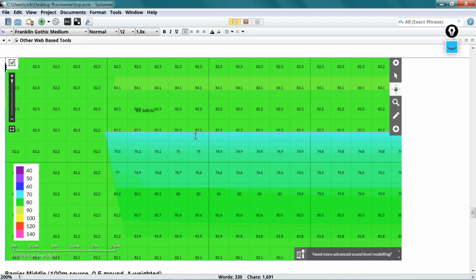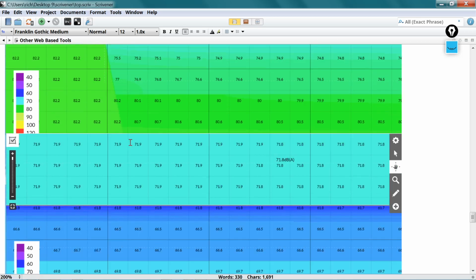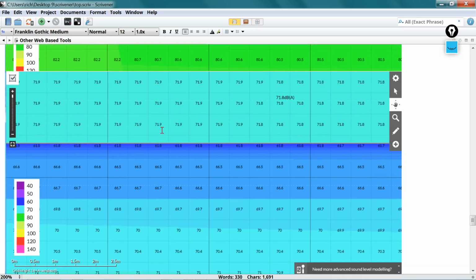You'll see that when you're up close to the barrier, i.e. down there ducking below it, we go from 82 to 75. So that's 7 decibels difference by jumping behind the barrier at least. Now this is on the south end. In the middle, we go from 72 to 62, so we still get about a 10 decibel drop,